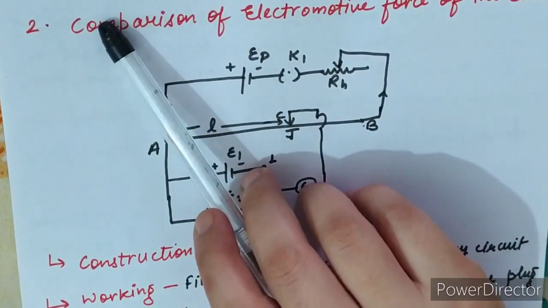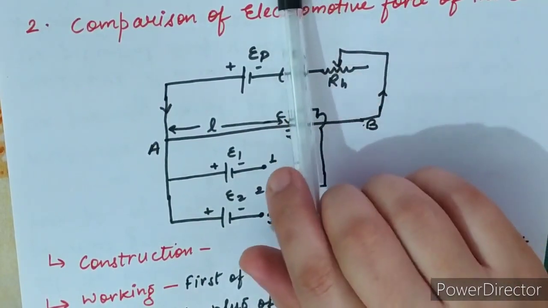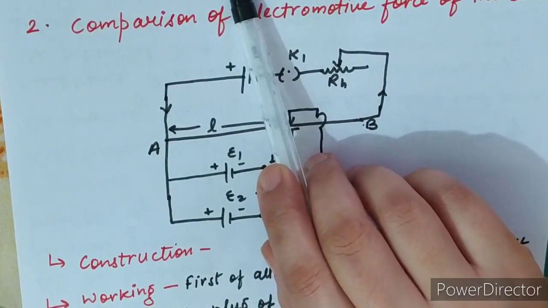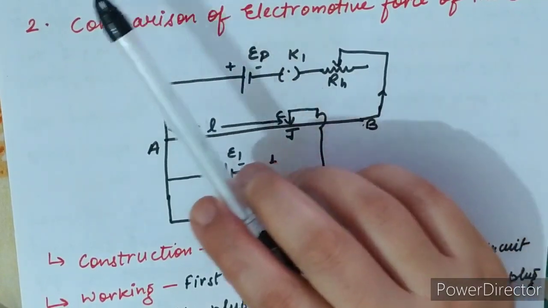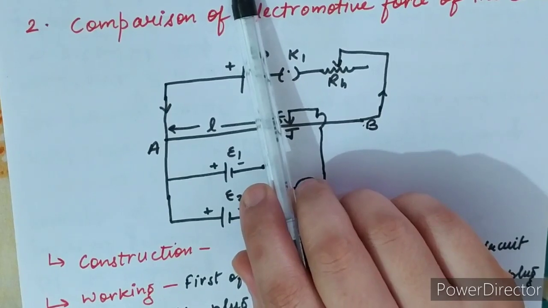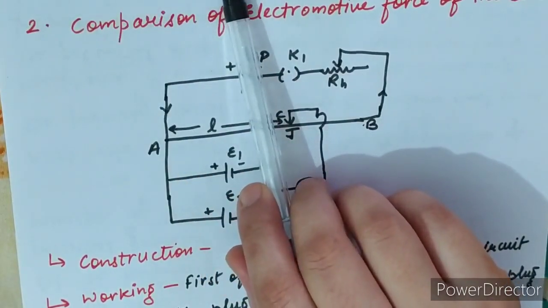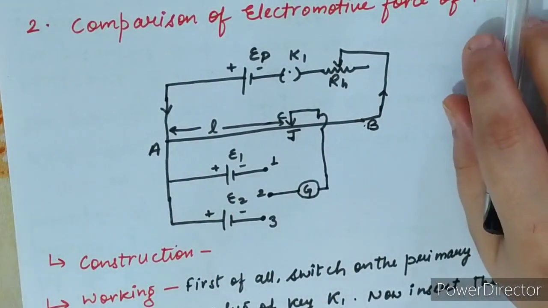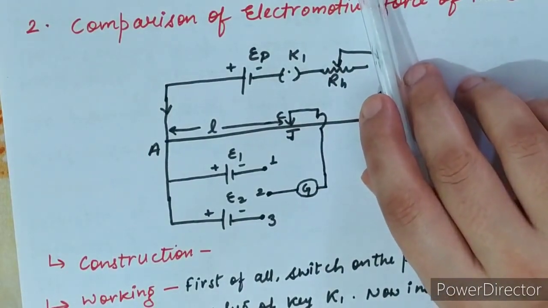In the other experiment, in the last, after taking 4 to 5 readings, we had to take the average of all those values. But here, for different values of resistance from the resistance box, we acquire different values of L2, and from that we have calculated different values of internal resistance. For that, we will not take the average of the values of R. We simply state that this is the minimum value and this is the maximum value. That's it. Clear? This is all about determination of internal resistance of a primary cell.